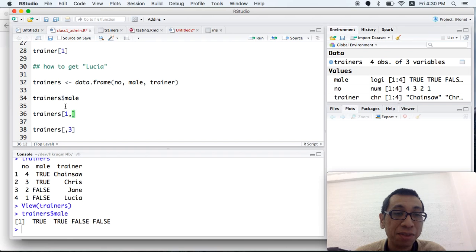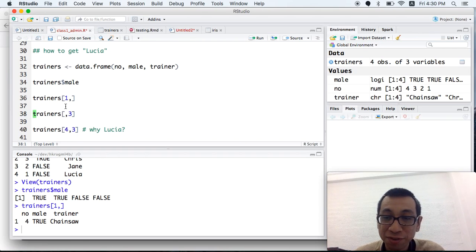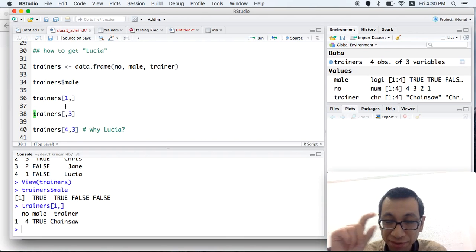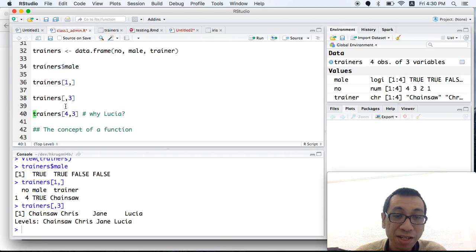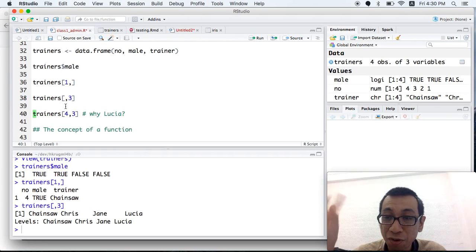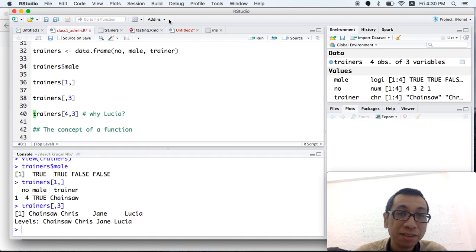For example, 1 comma will get you the first row. And for the next one, comma 3 will get you the third column.